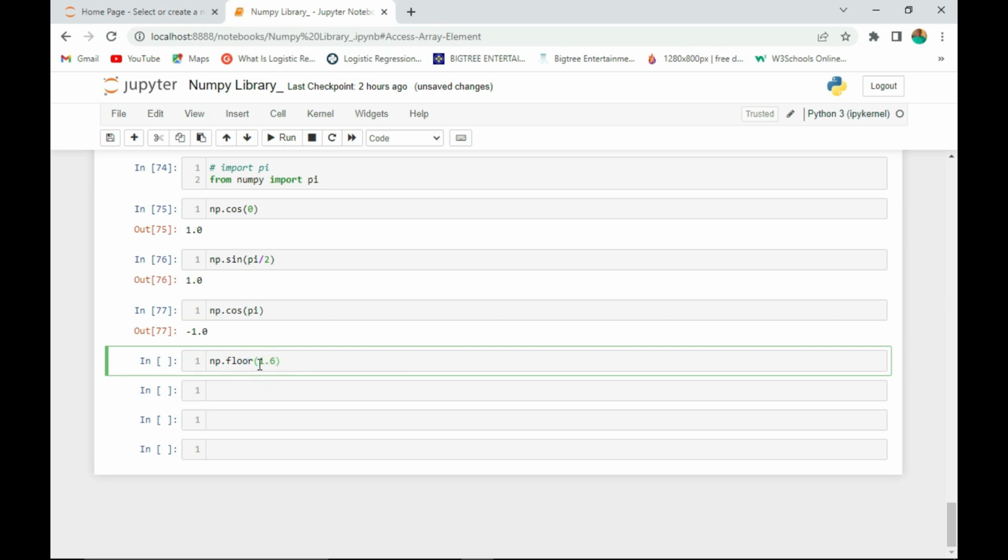1.6, comma 2.7, comma 3.2, comma 1.1, minus 0.5, comma, okay, let me see, minus 0.4, minus 0.4. Just leave it here. Okay, oh sorry, I forgot, this is a NumPy